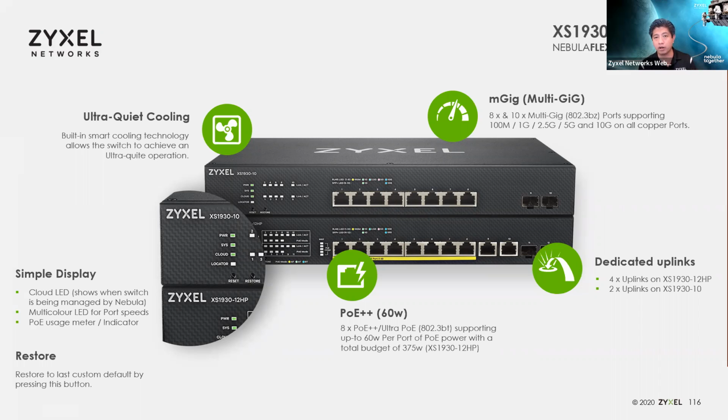So again, in order for you to maximize the throughput speeds that are available to that, you have to use a multi-gig switch. So if you're thinking about that, you've got to make sure that that's all available. Make sure that you use that in your development of your applications. So this is a multi-gig switch, has 8 ports and 10 gig uplinks with PoE, or the version there is a 10 port, with 10 gig uplinks with and without fiber, copper and fiber, and then